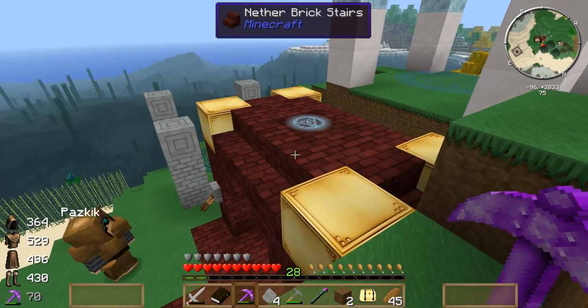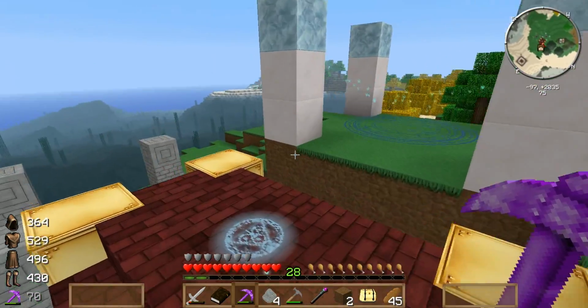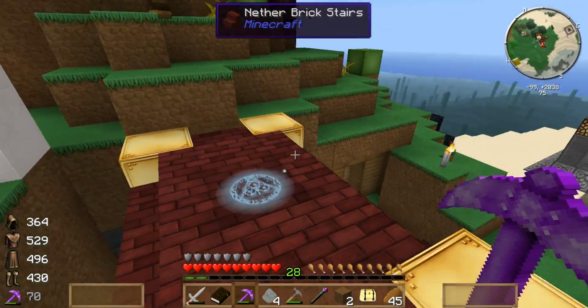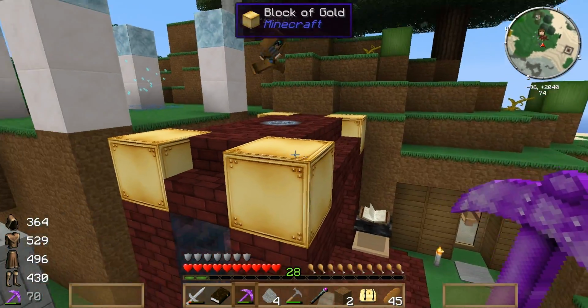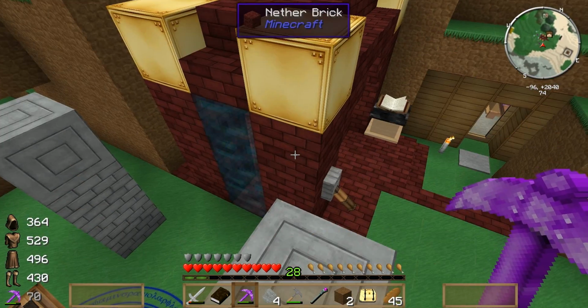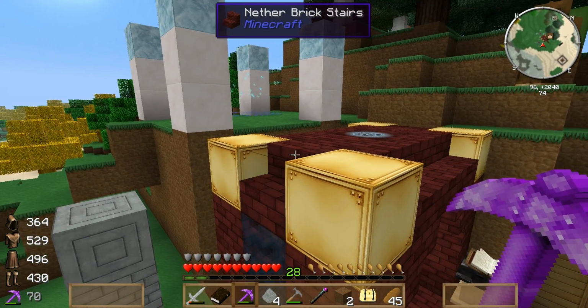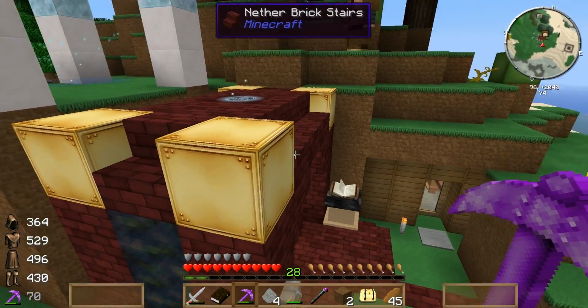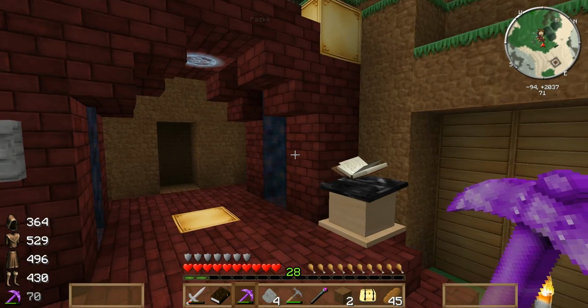Wait a minute. How much moonstone do you need to change that to the night one? Well, you need 4 blocks, and each block takes 9 moonstones. So it's 36. Yeah, 36. I have 29. Well, you're getting there. I have a bit too. I guess if it doesn't fully power by the time...